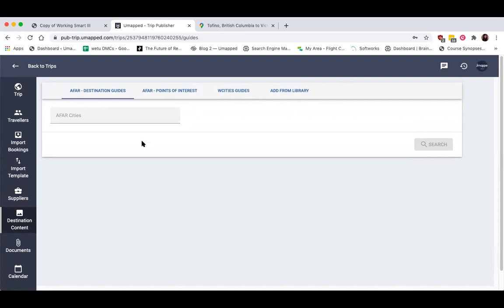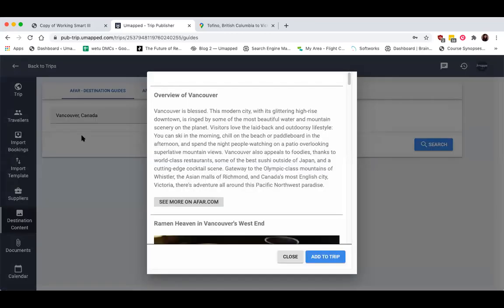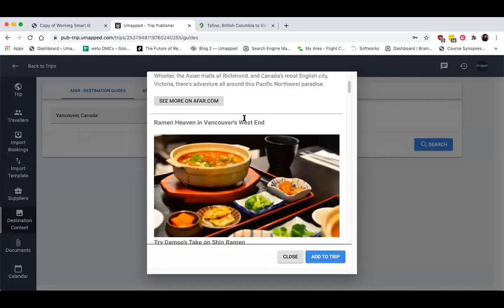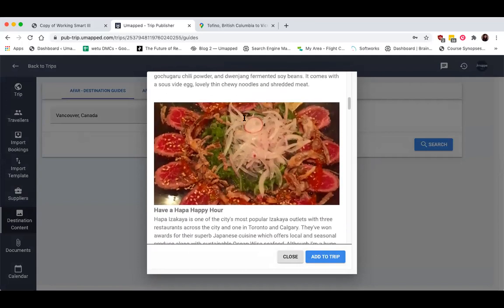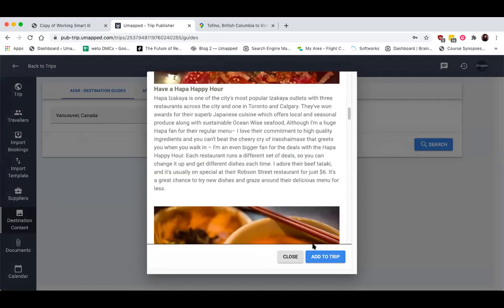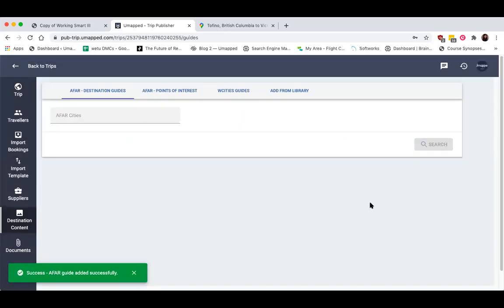All right, so I'm gonna go ahead and add from our 2 destination content providers for Vancouver, BC. So let's just put in Vancouver. I'm going to click the drop down, and this is just going to give my clients some additional reading material. Remember that this is going to appear in the body of the itinerary, so if you're adding a larger destination guide like I might be right now, you may want to add this to the very last day in your trip, just so it doesn't clutter up the main segments. And I'll just add that to my trip.